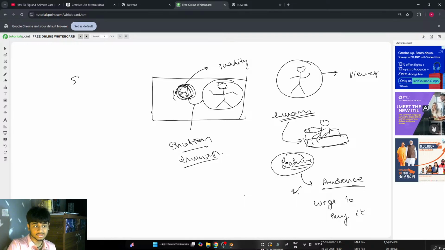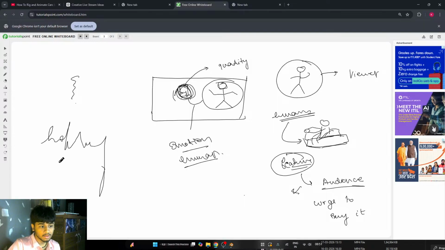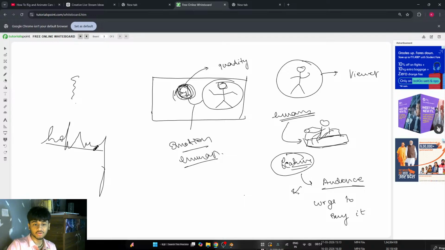Like if someone is writing on it, this means he needs a stylus. Suppose it's my first time coming to this whiteboard, and I got to know that okay, the whiteboard is where I can write, it is online. I am using my mouse to write. Suppose I am writing happy, but you see the problems I am facing just by using the mouse. So what kind of brand should be there in this place?